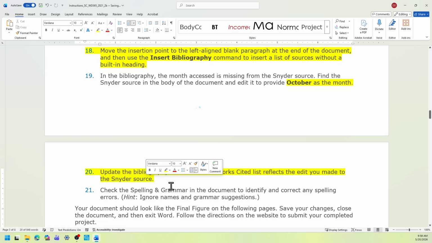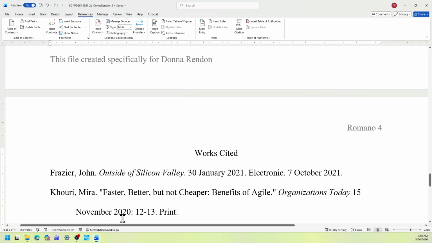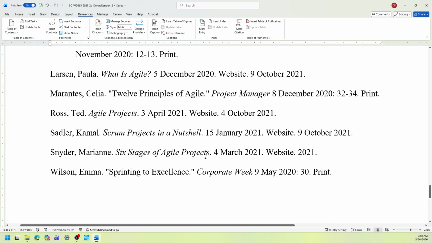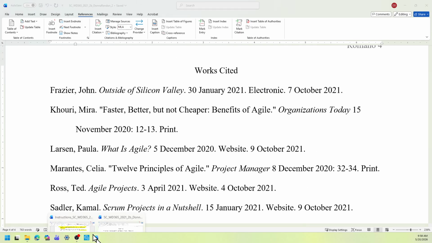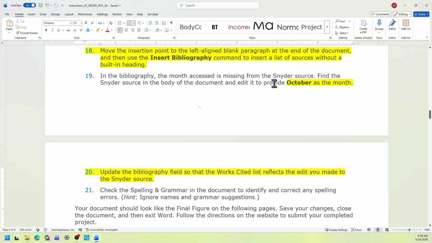Back to the start file. Okay, so the Snyder, I think it's the Snyder, right? Yes, it's the Snyder. Okay, so let's check again. Is it the Snyder source? Okay, so in the Snyder source, it's missing the October month.